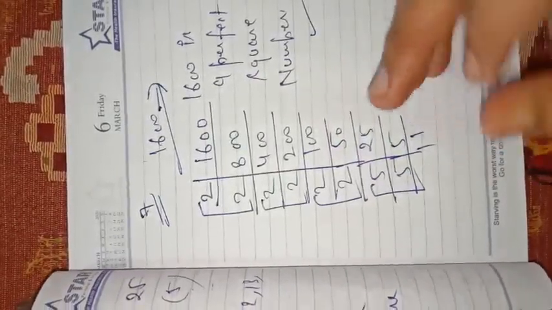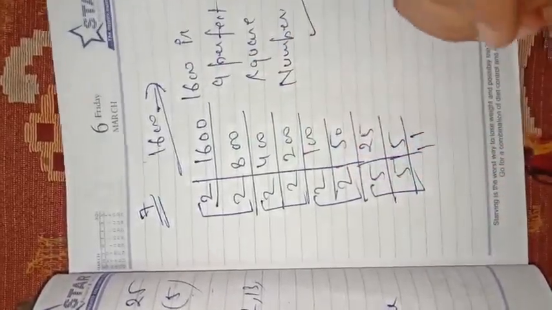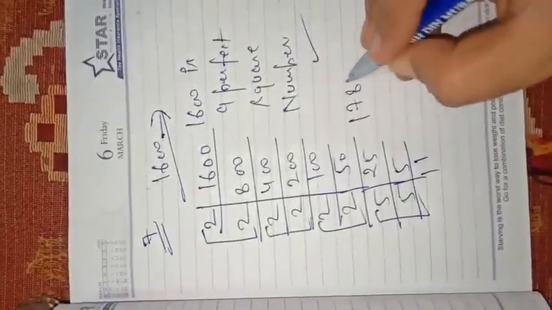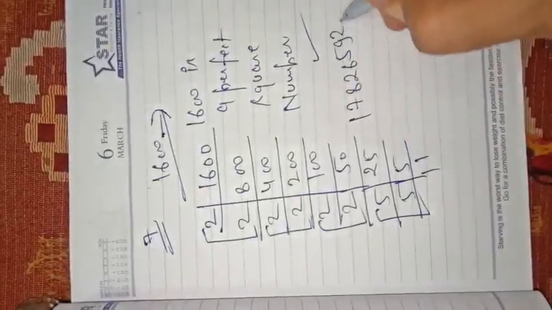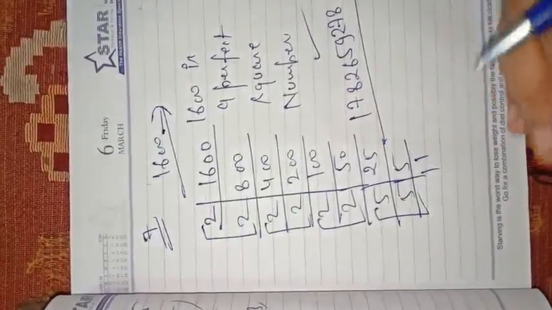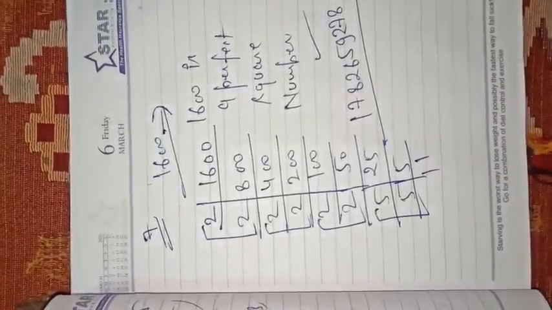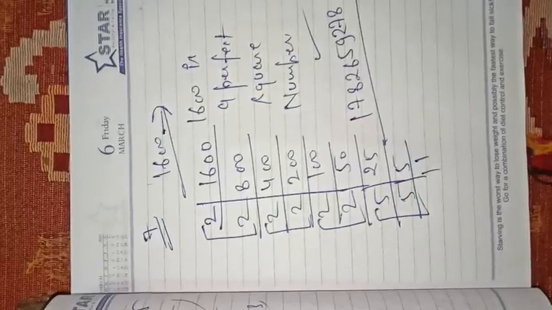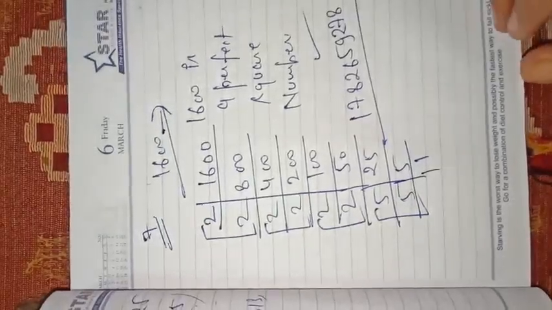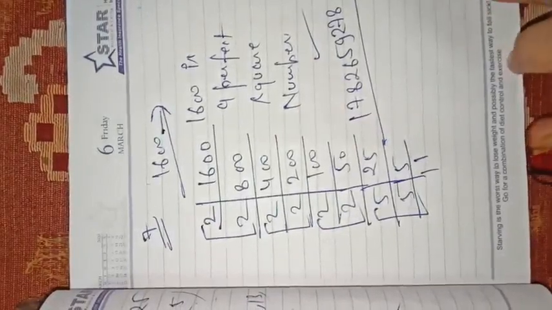You may check it for any number, but this method will take your time. For example, suppose I give a very large number, 17826592778. Now tell me, is this a perfect square or not? Once you start solving it, it will take a lot of time. So this will be a very long method, so we should have a shortcut for that. That's why I am going to tell you that by just observing the number, we can tell whether the given number is a perfect square or not.